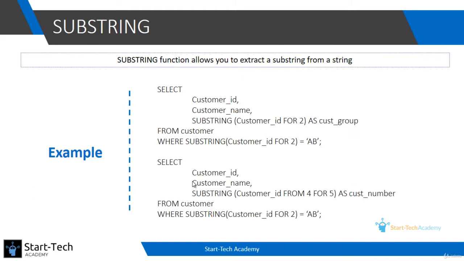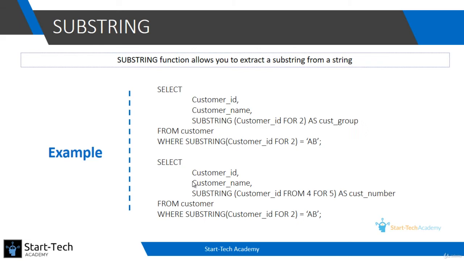If you remember, in the customer table, customer ID has two parts. The first part is two characters. These two characters are the first characters of the customer's first name and last name. After those two characters, there is a hyphen, and after that hyphen, there are five numbers which may be randomly generated. If you want to segregate these two parts, so if you want to get the initials of the customer separately into one column, and the unique identifying number into another column, you can do that using the substring.